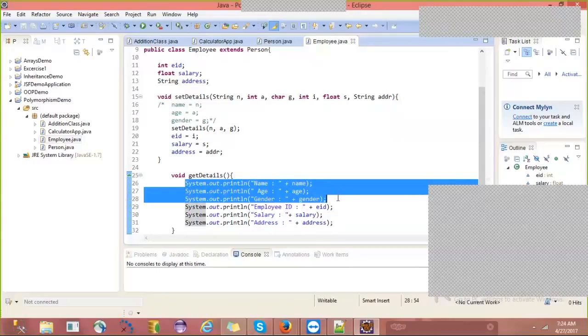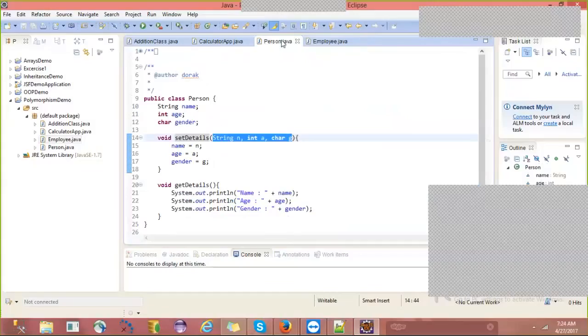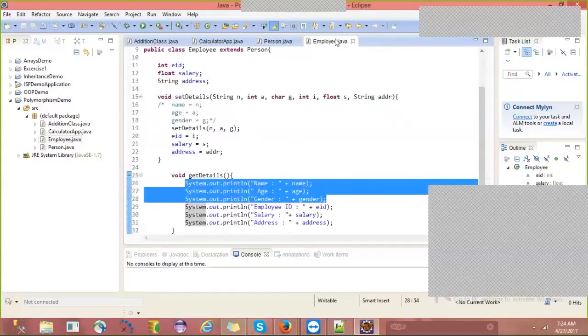To print name, age, and gender, we have already written the code in the person class, right? You can refer to our previous example, analyze and tell the answer. Yeah, use the getDetails method of person, right?